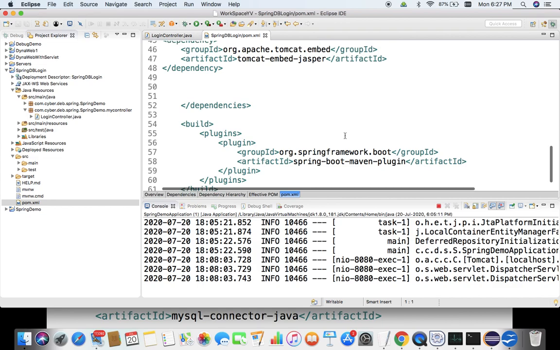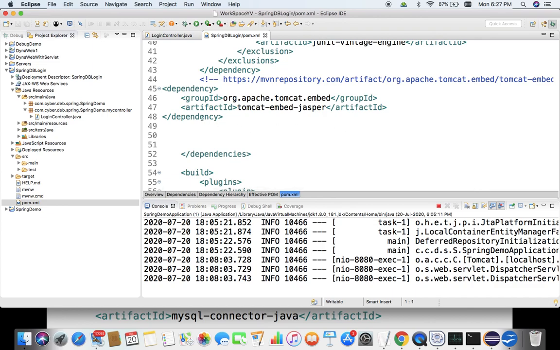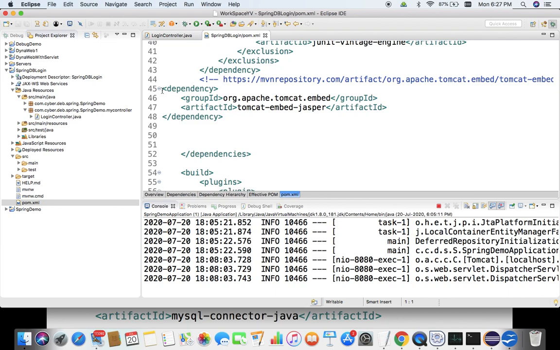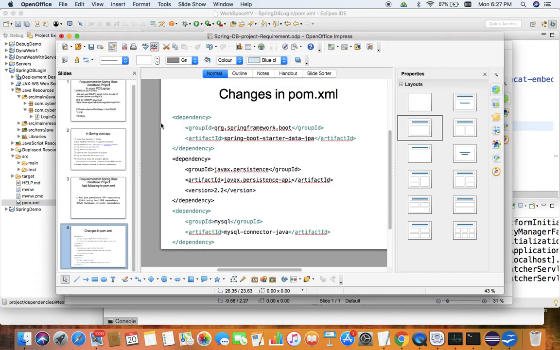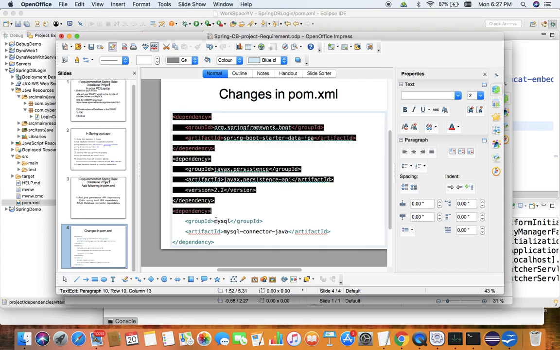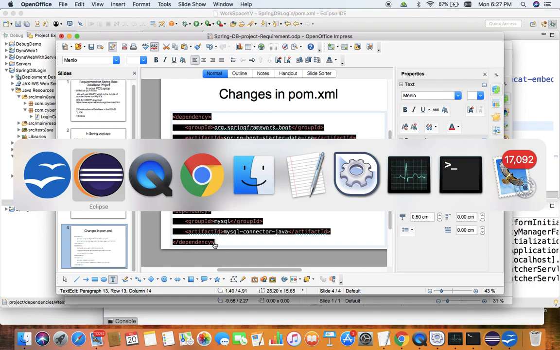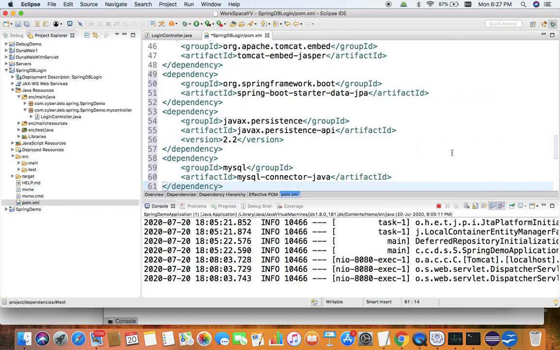So already we have the existing dependencies till this JSP compilation dependency or Jasper dependency you can say, which we have already added. Now from that screen I will copy these three dependencies. These three dependencies I have already created or downloaded from the Maven repository to save time.